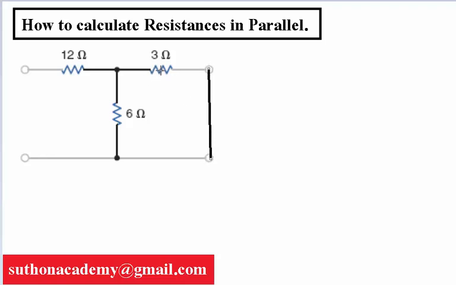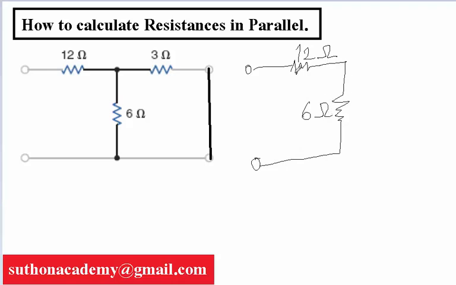We can see that the resistance 3 ohm and 6 ohm are parallel, right? I can write down the circuits like this. This is the 12 ohm, right? And then this is the 6 ohm, and then we can look in this picture. The 3 ohm is parallel here,